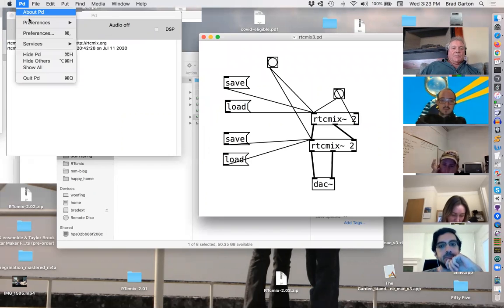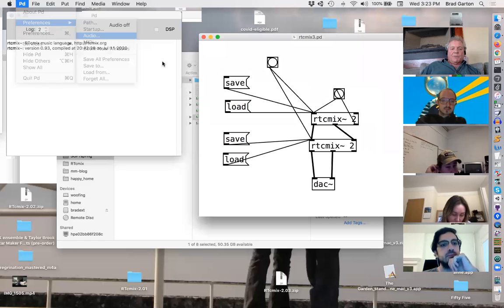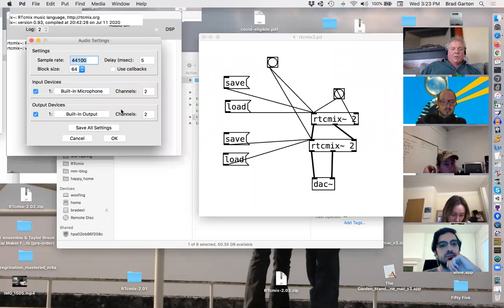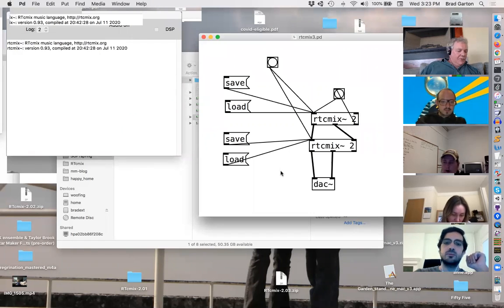Let's just double check here with our audio preferences, make sure I'm talking to Zoom, which I'm not, but I will be. Zoom audio device. Okay, and the first thing I'm going to do is essentially